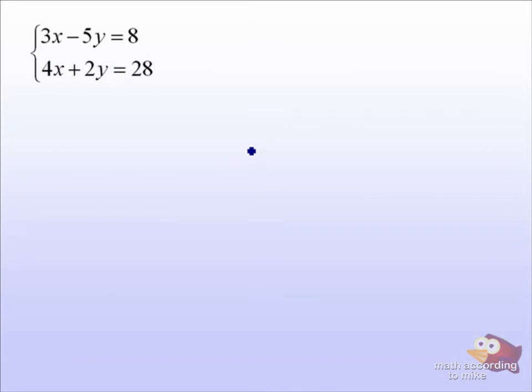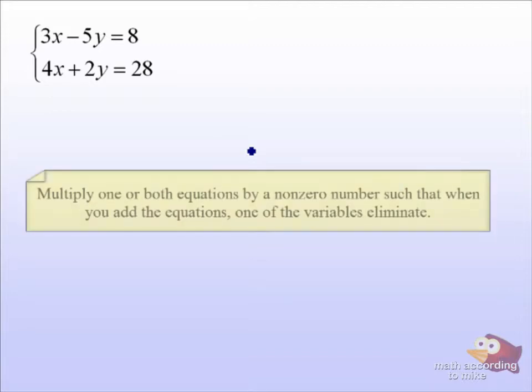In our second example of solving a system of equations in two variables, we're going to use the elimination method. Again, the thought process for both methods, substitution and elimination, is that you go from two variables down to one variable, solve, and then work your way back up. Now, in the method of elimination, you try to eliminate one of the variables by multiplying one or both equations by a non-zero number, such that when you add the equations, you cancel out one of